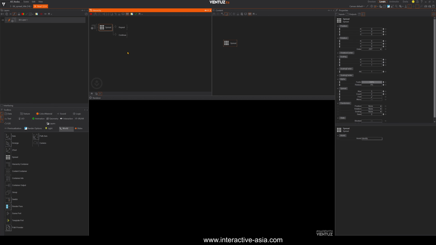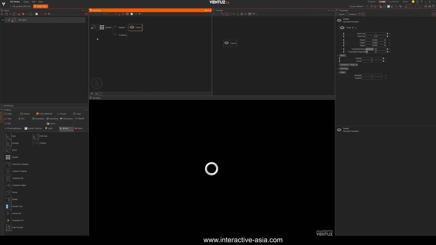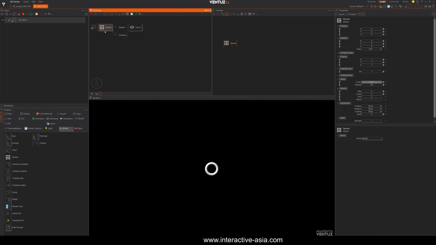So the spreader is basically using one geometry and is repeating that, or instances of that, multiple times, basically without using more memory on your machine, right? So let's say I want to have here a cube, or let's use a torus. Let's put a torus here. And let's now check here our spread